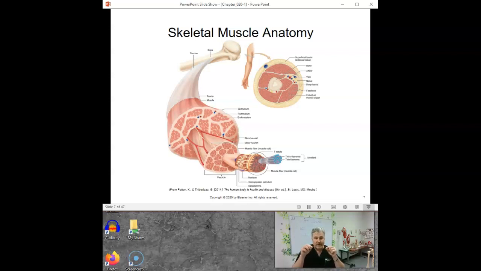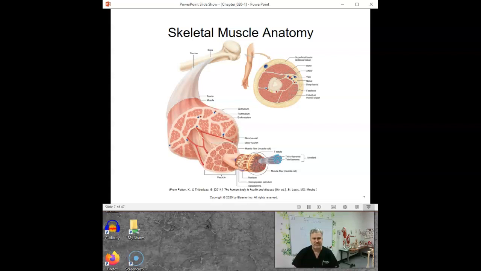myofibrils, which are the muscle cells that look like tiny little hairs, groups of those are wrapped in fascia, and then groups of those are wrapped in fascia, and then groups of those are wrapped in fascia, and then the whole thing is wrapped in fascia. Very much like insulating wire around electrical wire. If you've ever seen really large electrical wire with lots of stuff running through it, all the tiny wires are wrapped with plastic, and then they put groups of those around and wrap them with plastic, and they're in bundles, and those are wrapped with plastic, and the whole thing is in this big plastic sheath. Your muscles are very much like that too.